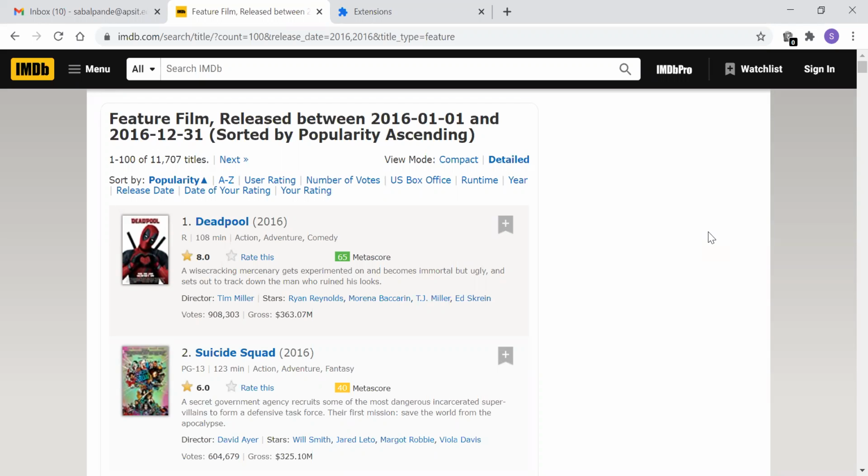Today we'll see what web scraping is and we'll write our program to do the same. Now the first question arises: what is web scraping? Web scraping is a technique for converting the data present on the web into a more structured format which can be used for analysis purposes.